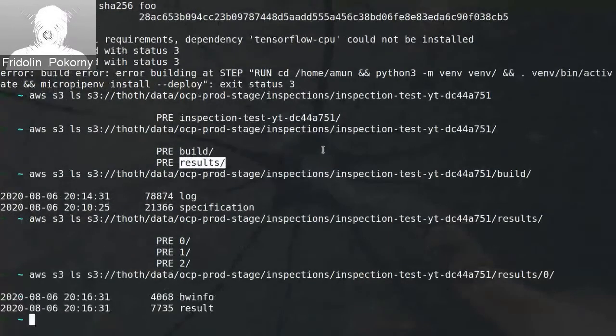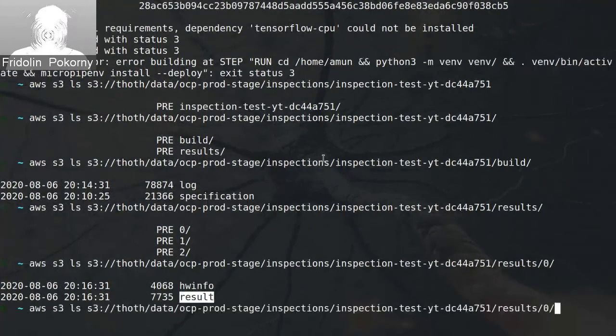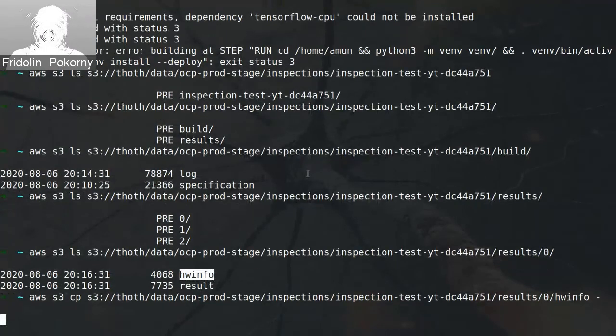In this case, we have information about hardware. That is the hardware used on a specific node where the inspection job was run. And we also have the actual result of inspection. So let's take a look at the hardware information first. Let's bring it to the console. And what we can see